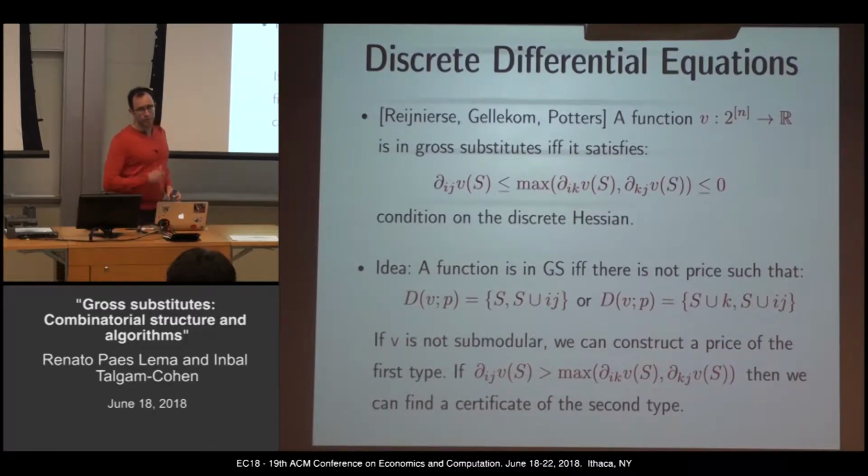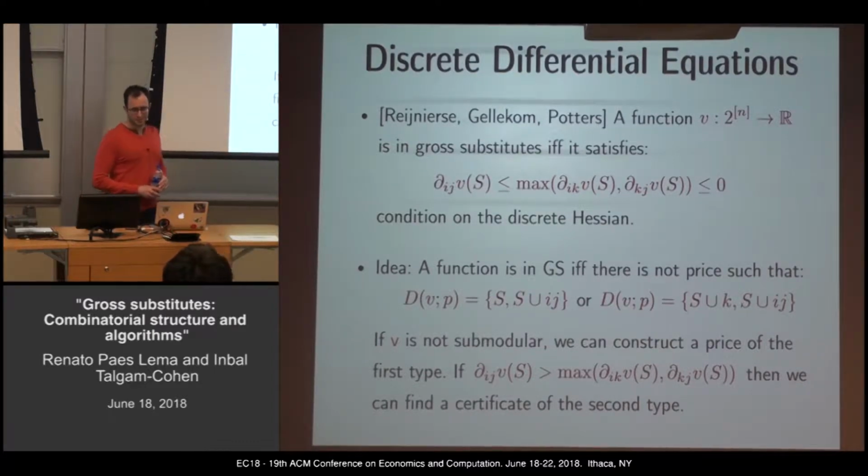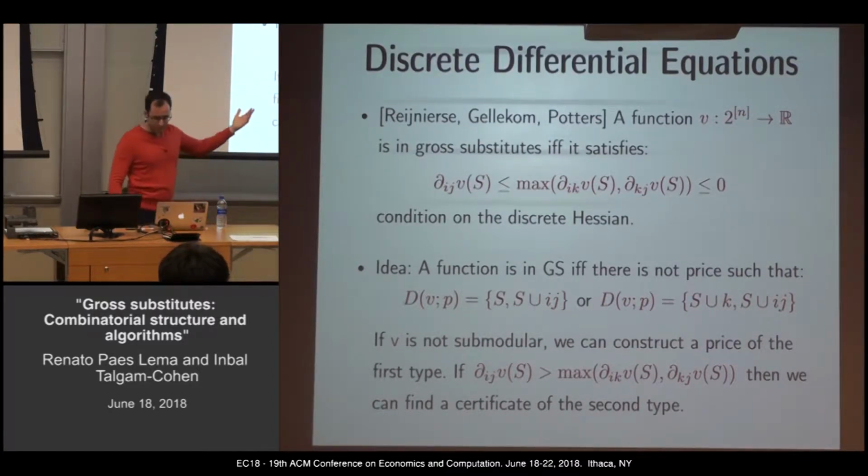And you can ask for each of those classes for a condition in which the function is like that. If you do each of those exercises, each of which is interesting in its own right, you arrive at something like this. This equation was derived for gross substitutes, but if you do it for any of the other classes, they did it in their respective lines of study, and they realized they arrive at really the same equation. It means that the derivative ij of v is smaller or equal than the maximum of the derivative of ik and kj, and that's all smaller or equal than 0. So this simple equation, if you check it for every i, j and for every set S, means you have gross substitutes.